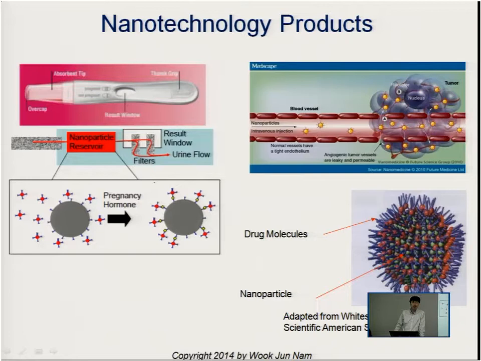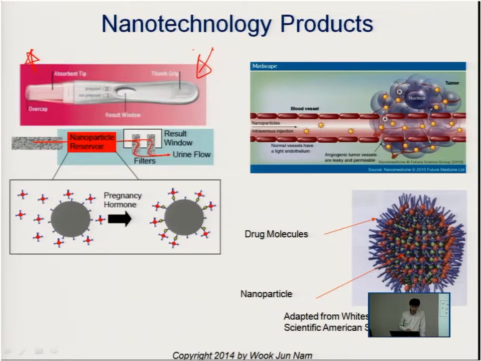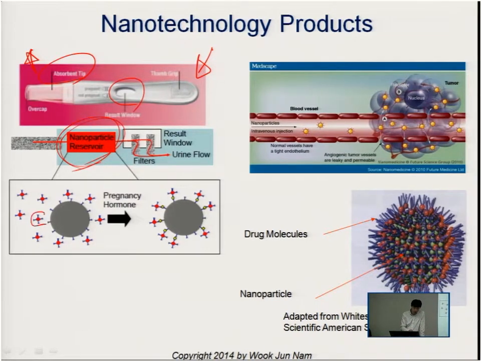Let's see the examples where we are actually using this kind of technology for commercial production. This is the pregnancy test kit, the commercial version. If we look at the details of this test kit, it has an absorbent tip, a nanoparticle reservoir, and a filter. In the nanoparticle reservoir, there are two types of nanoparticles present. When urine is applied to the absorbent tip,